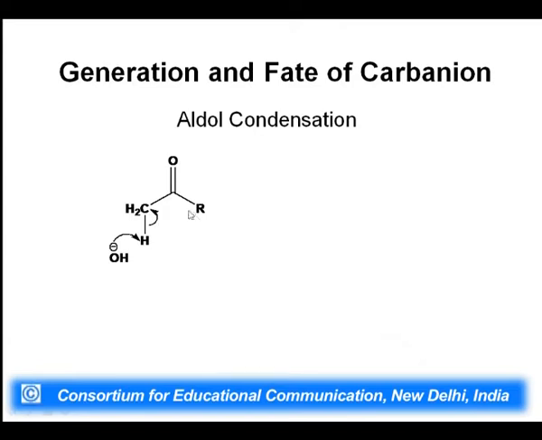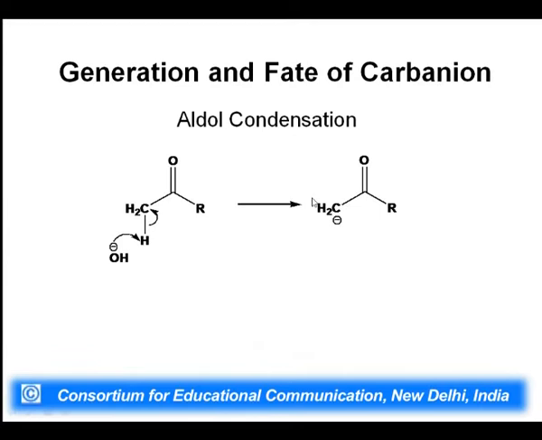It does not happen in formaldehyde where both the groups are hydrogen and hydrogen, or in the case of benzaldehyde where both the groups are phenyl rings, but in the case where an alpha hydrogen is present. This is an alpha hydrogen which is alpha to the carbonyl group. It may be a ketone, R may be an alkyl group, or R may be an H in the case of an aldehyde. So, this alpha hydrogen is taken up by the base OH minus ion and we end up with